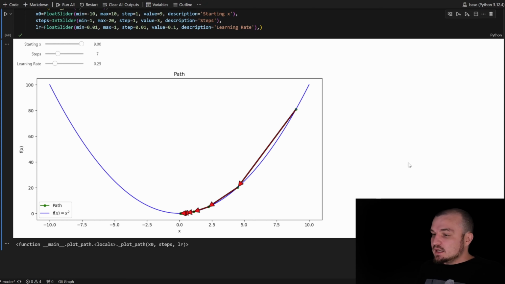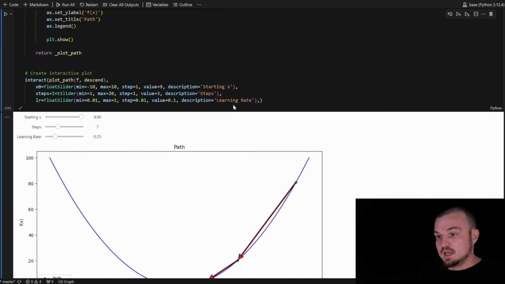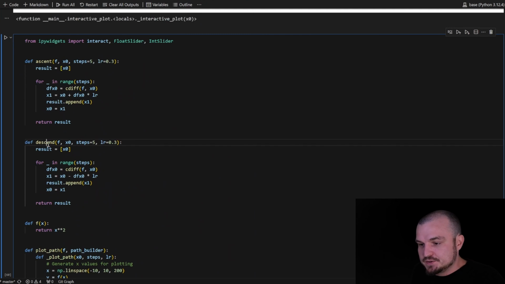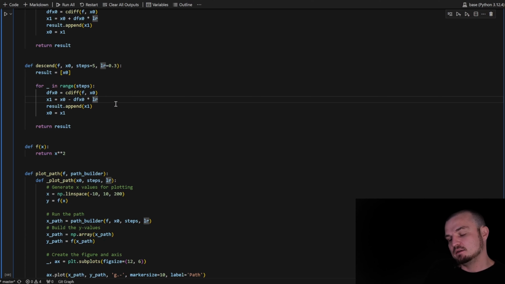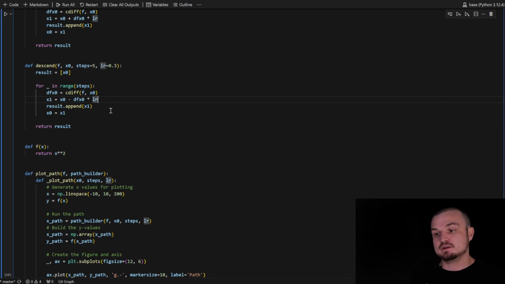So basically, it's a gradient descent algorithm that can find a minima for the function. And this descent function is basically just gradient descent, but instead of the gradient, we use the derivative and the direction of our derivative.